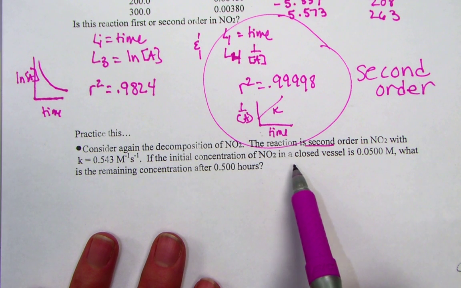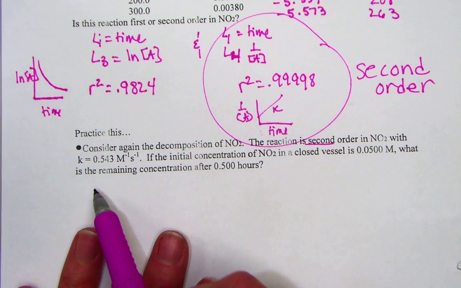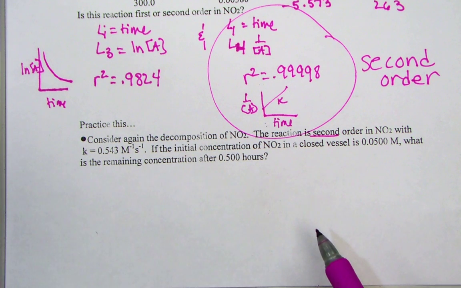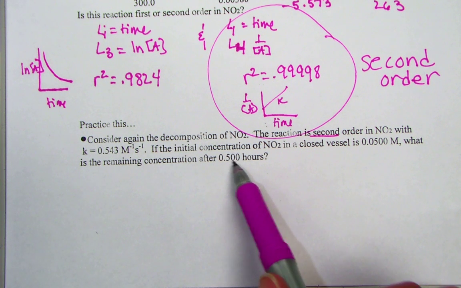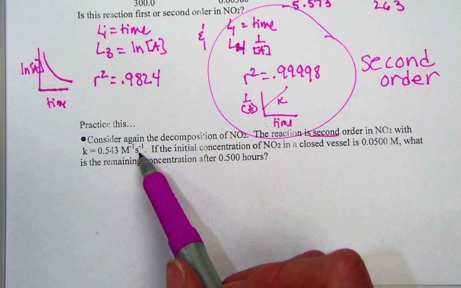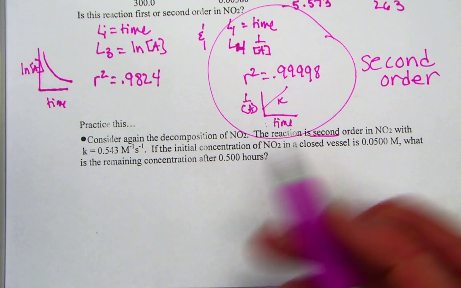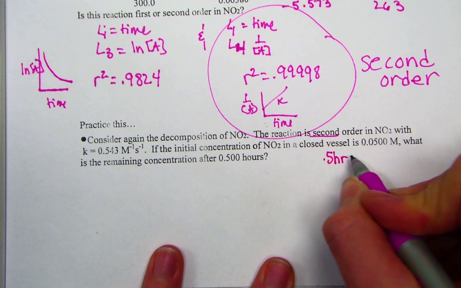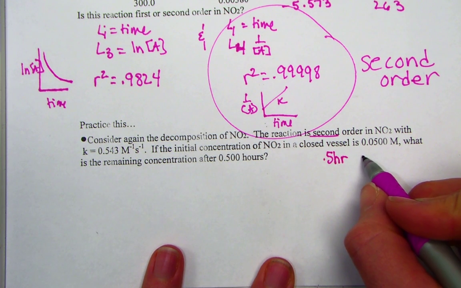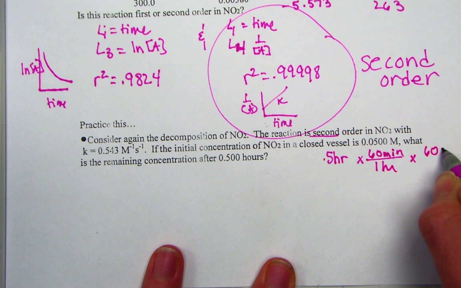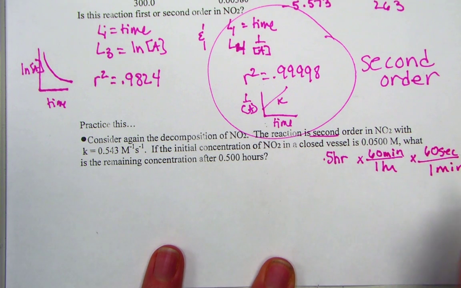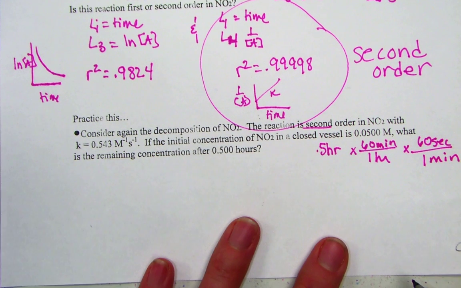If the initial concentration of NO2 is 0.05 molar, what is the remaining concentration after 0.5 hours? There's a little trick here. 0.5 hours, half an hour, but the rate constant is in per second. So consider that as we're getting ready. Here's what I know. There's 60 minutes in an hour, and there's 60 seconds in every 1 minute. So I'm converting half an hour into the number of seconds when I do that. 0.5 times 60 times 60 is showing me,